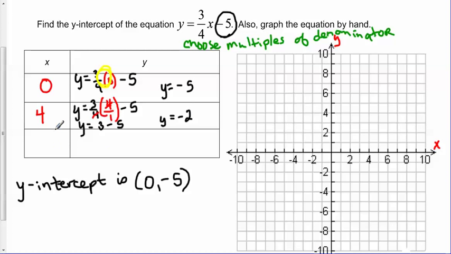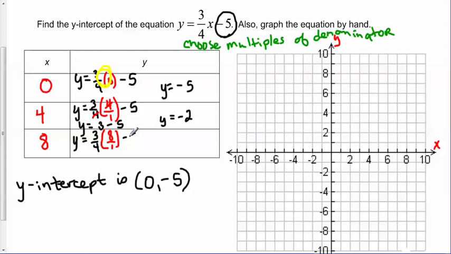Let's try one more. Let's try another multiple of 4, so we can choose 8. We could also go negative. We could choose -4 or -8, but I'm going to go ahead and keep it positive, and let's choose 8 for our next value here. So y equals 3/4, that's still coming from the original equation. Now we're going to multiply it by 8. My x value is 8. I'm going to just go ahead and put it as 8 over 1